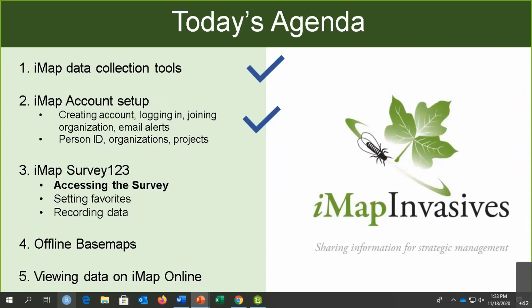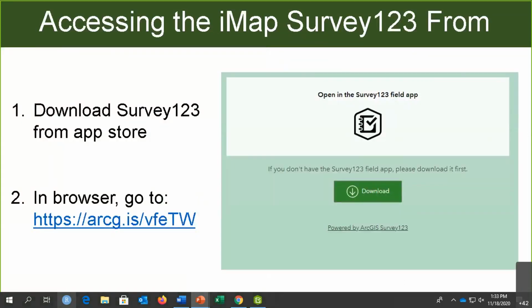All right, so now we can get into accessing the survey. So first you need to download the Survey123 app from the App Store. That's an app by Esri, and the iMap Survey123 Form exists within that app. So it's not its own separate app. If you search iMap Survey123 on the App Store, I'm not sure what would come up, but that wouldn't be how you find it. So first you download the app onto your device, and then you go to this link